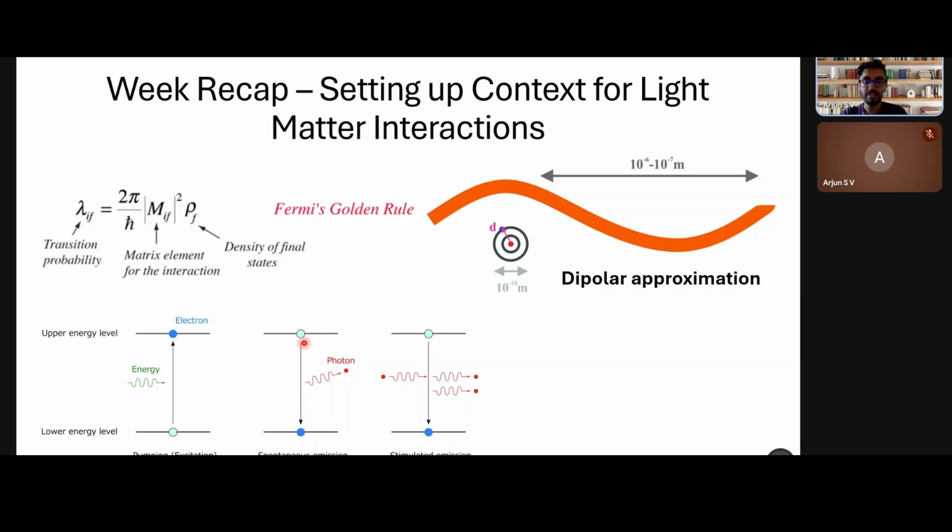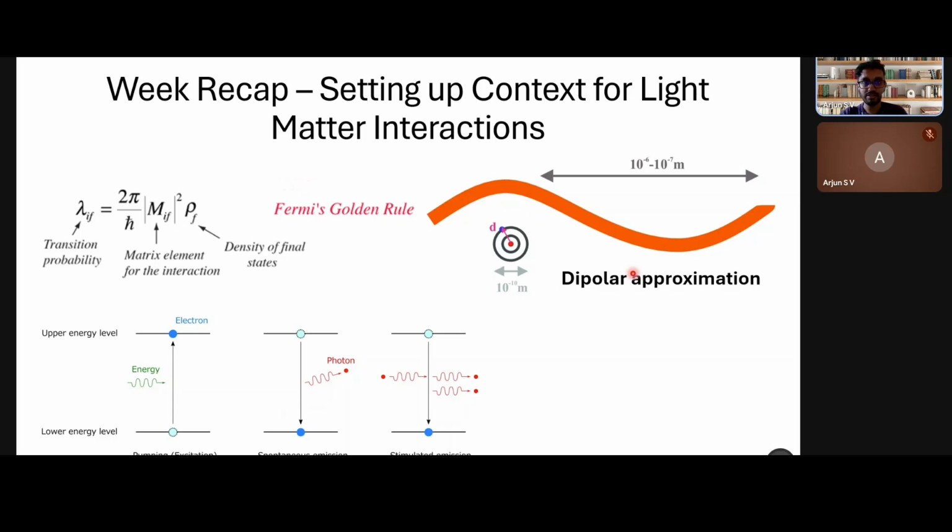The second is stimulated emission, where your light energy stimulates an excited molecule to drop down and emit a photon. The third is spontaneous emission, where a molecule drops down naturally without needing an external light field. And we also saw a variety of mathematical expressions and derivations which primarily focus on Fermi's golden rule